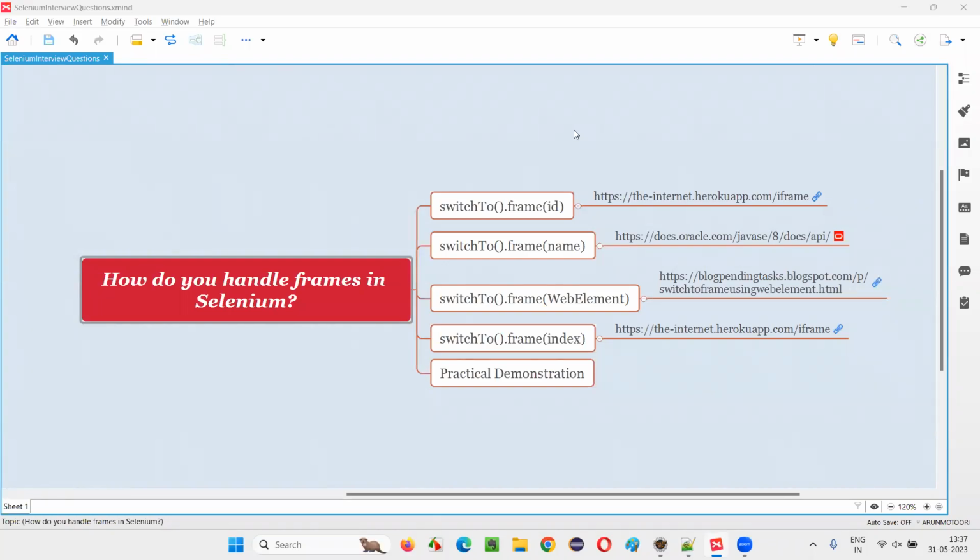In this session, I am going to answer one of the Selenium interview questions. That is, how do you handle frames in Selenium? Let me answer. In Selenium, we can handle the frames by switching to them. So in order to switch to the frames in Selenium, we have this command known as switchTo().frame